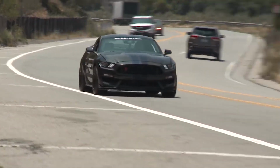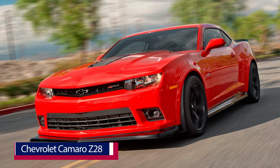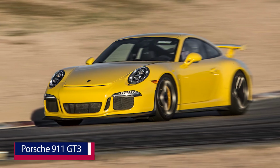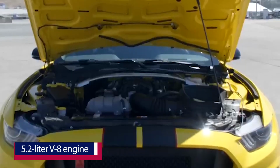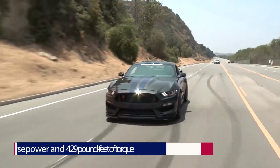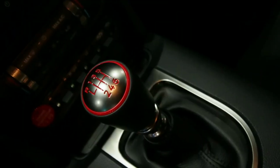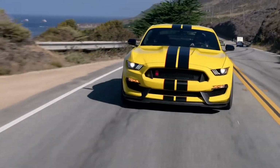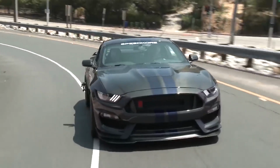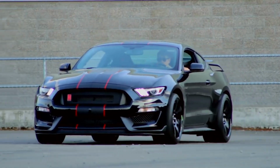This limited version, GT350R, is benchmarked against the Chevrolet Camaro Z28 and Porsche 911 GT3. The 2016 GT350R has a 5.2-liter V8 engine, producing 526 horsepower and 429 pound-feet of torque. The engine is mated with a 6-speed manual transmission, making it one of the best-performing muscle cars of the 2010s. The car can pull from 0 to 60 miles per hour in 3.6 seconds and reach a top speed of